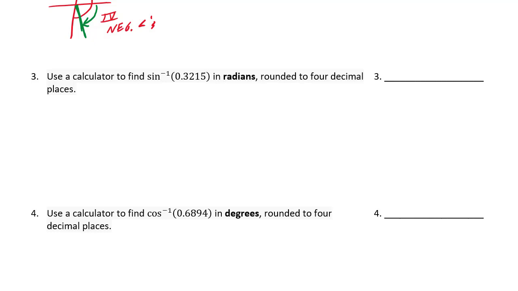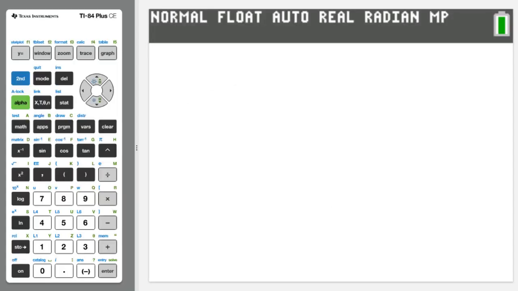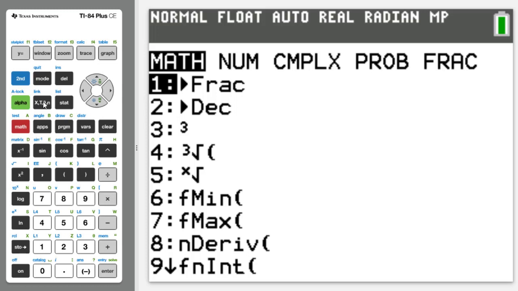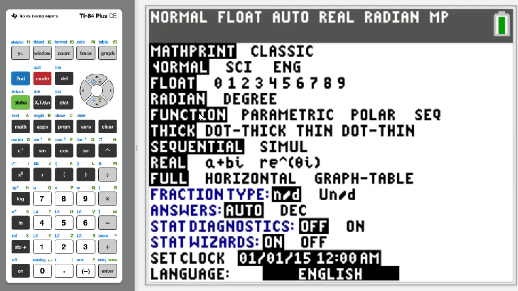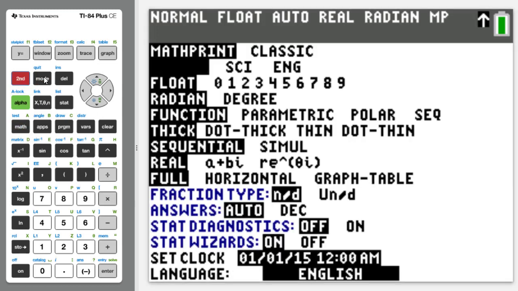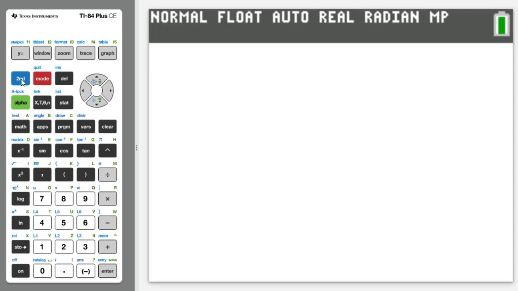So if I go ahead and just maybe model with a calculator here, first one wants us to do the arcsine of 0.3125. So I need to make sure I'm in radian mode for this one. So bring up a calculator, double check it says radian, so could go into the mode. Double check that radian's highlighted, which it is. Quit back out to the main screen, and now it's just going to be